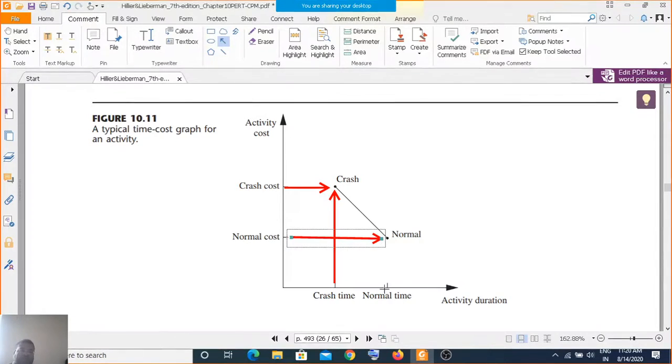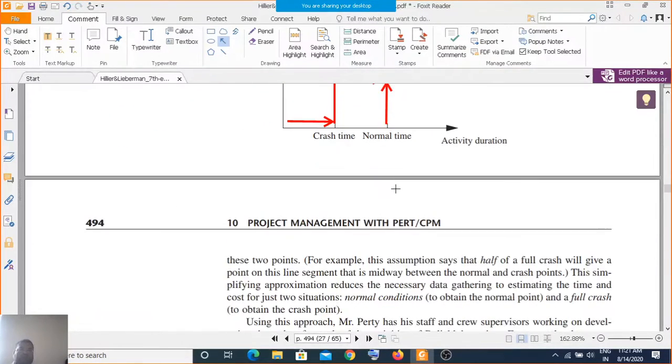Now here this cost is positive, meaning you are getting some reward. If you do the thing normally, you are not getting any reward. But if you do it within this crash time, you get this reward. So that is the difference. You get a rise in the cost, but this rise in the cost is actually the profit made by the organization, and that's why these things are required to be considered.